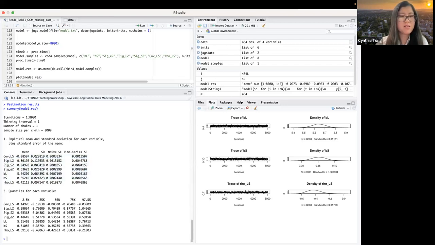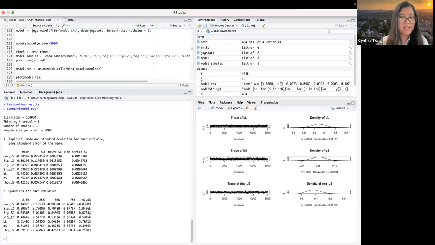We have their means, standard deviations, and Markov standard errors, and quantiles for each variable. So we have the medians and all these 2.5% and 97.5% quantiles. Okay.